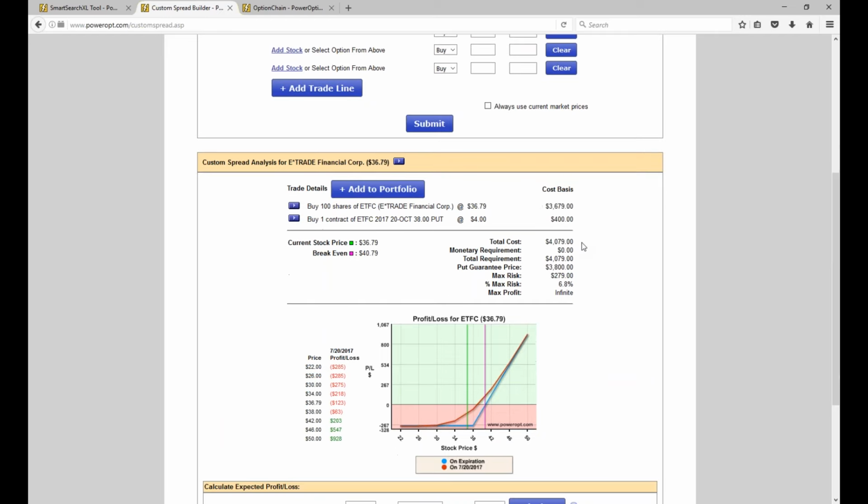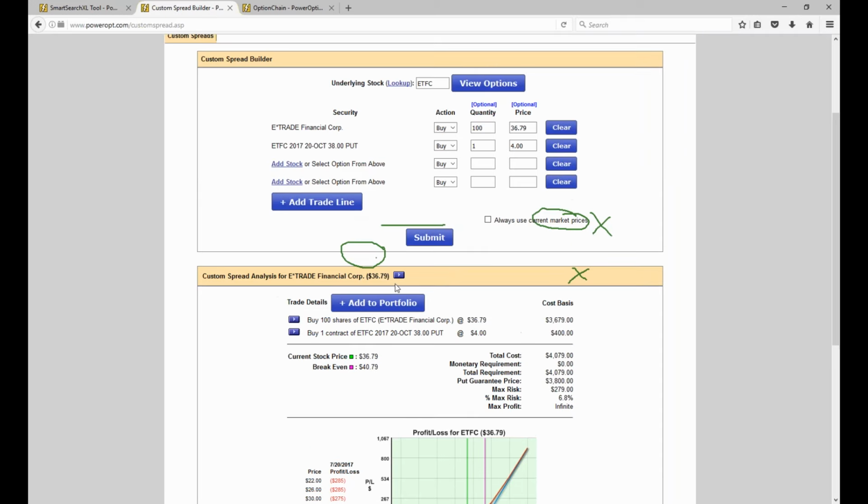what we have to see here is that, remember, I am not down $400 when I open this position. Is my break even 40.79? Yes, at October expiration. If I hold the position all the way to October, make no adjustments, and accept no dividends if E-Trade pays a dividend, then yes, I need the stock to be trading at 40.79. But the moment I open this position, I'm not down $400. I'm not down $279.